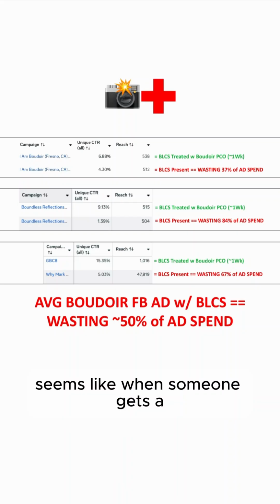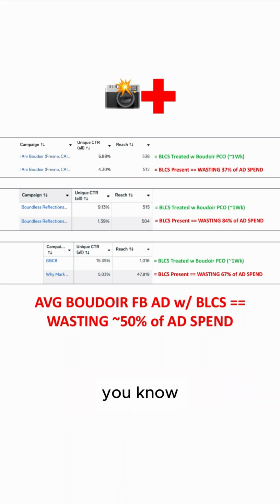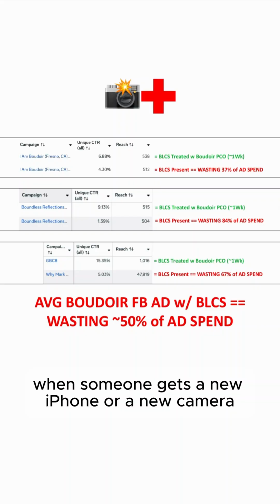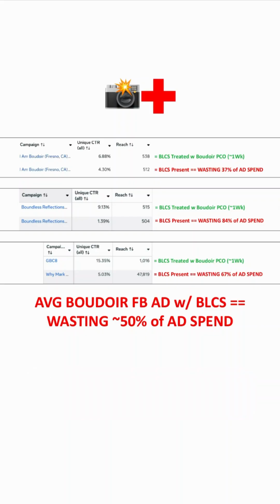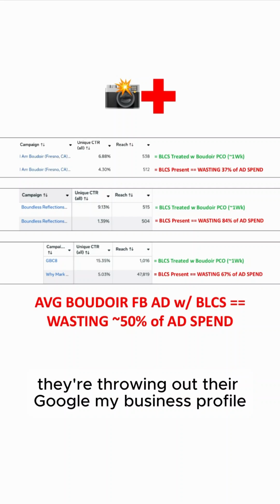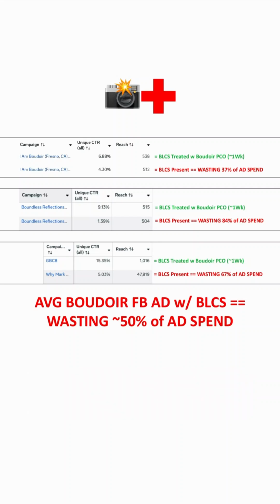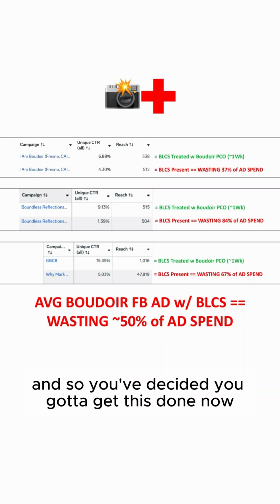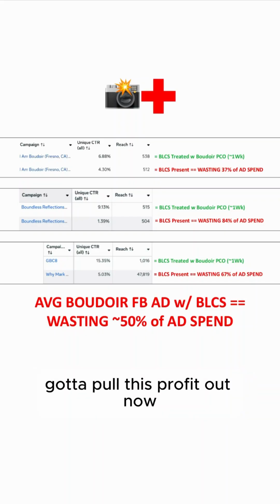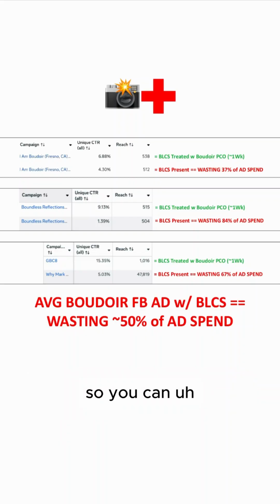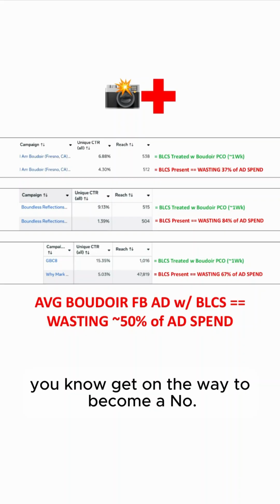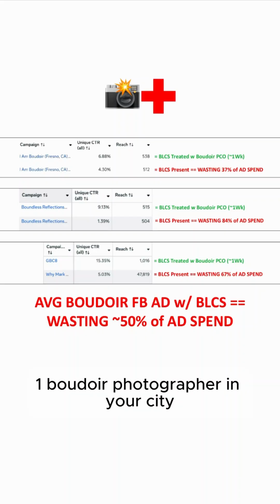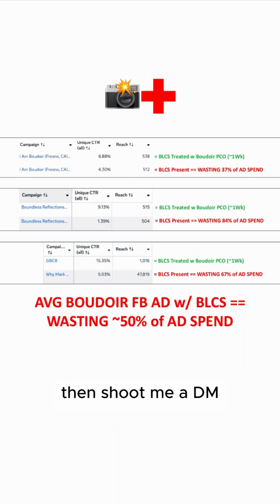Seems like when someone gets a new iPhone or a new camera, they're throwing out their Google My Business profile. And so you've decided you've got to get this done now, pull this profit out now and become more efficient now so you can get on the way to becoming a number one boudoir photographer in your city. Then shoot me a DM